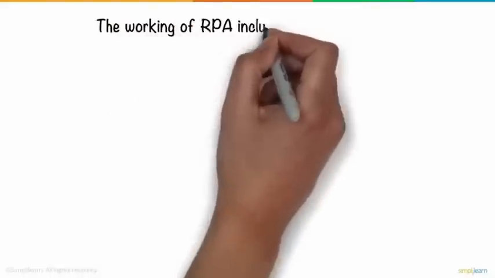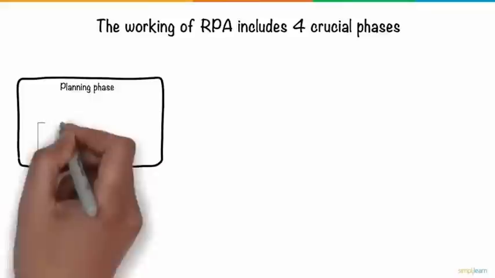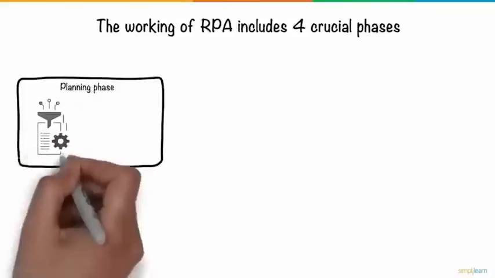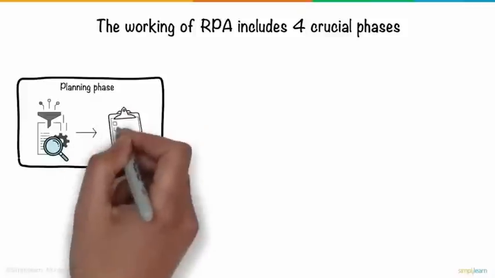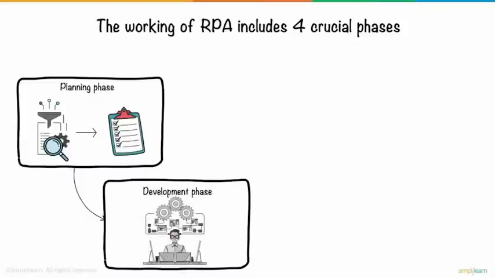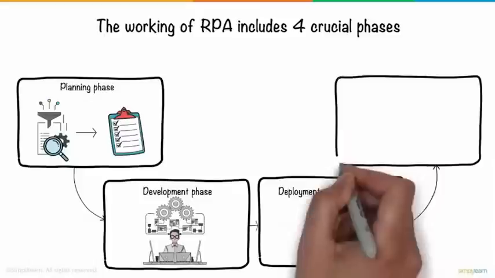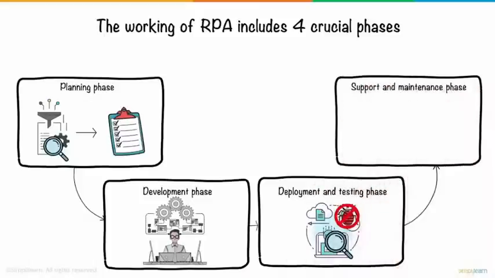The working of RPA includes 4 crucial phases. 1. The planning phase typically involves gathering the processes to be automated, identifying the test objects, and finalizing the implementation approach. 2. The development phase includes the creation of automation workflows as per the agreed plan. 3. Deployment and testing is a vital phase, since it uncovers any unexpected outages and ensures a bug-free product. 4. Lastly, there's the support and maintenance phase, which ensures that the product is continuously updated with smooth deployment across